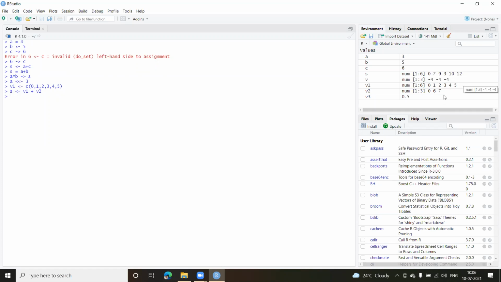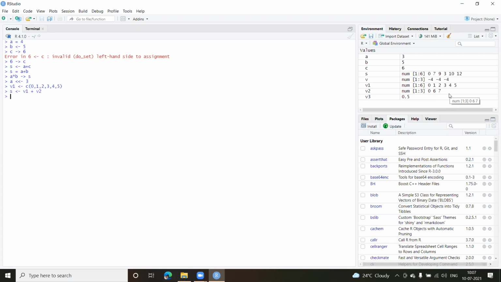So what is happening? It is using this 3. Once this addition is done, it is using this again to perform the addition here. So 0 plus 0 gives me 0. 6 plus 1 gives me 7. Then 7 plus 2 gives me 9. When there are no elements left here, it takes 0 plus 3, which gives you 3. Then 6 plus 4 gives you 10. 7 plus 5 gives you 12. That is how it works. It goes in a rotation.